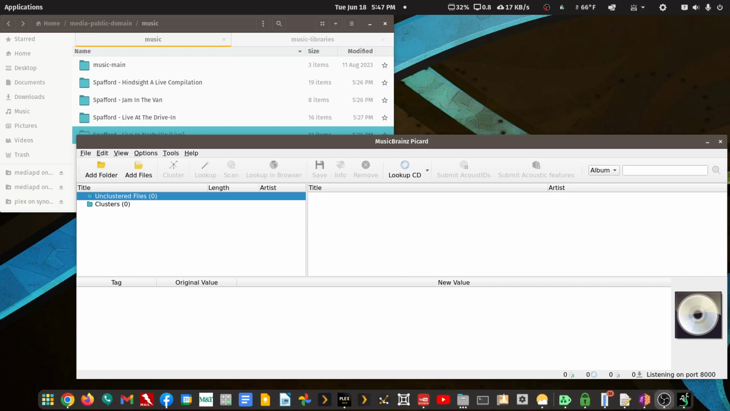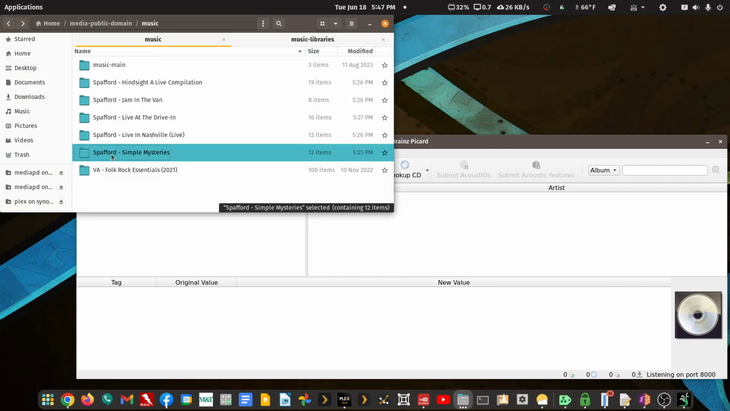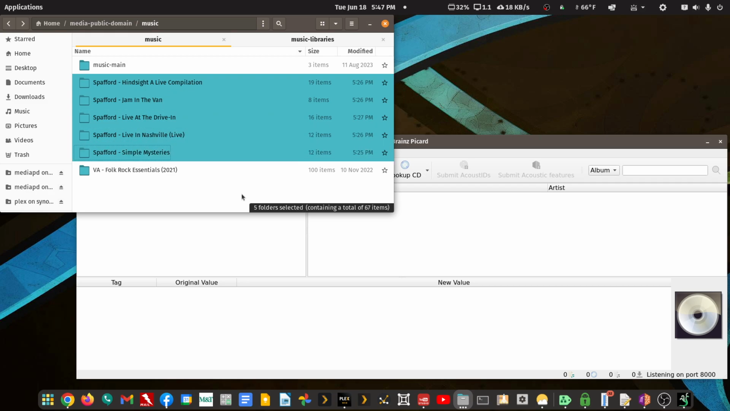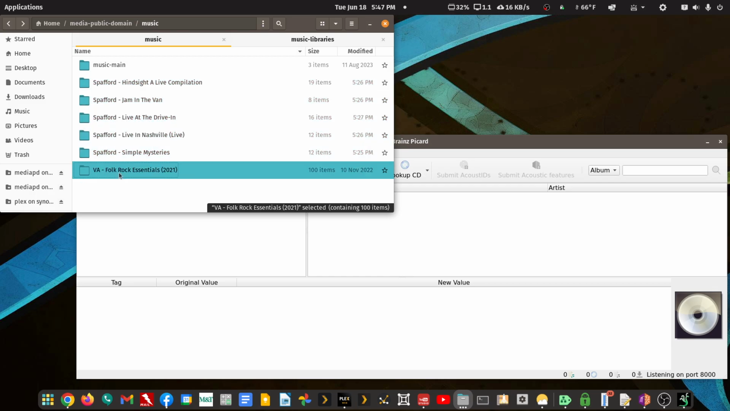I'm not as informed about that same process in a music library, so I thought I'd run a test. He was using a Spafford Live album, which probably has no metadata that exists for it in a database, so to speak. So I have 5 Spafford albums that also don't have metadata in a database. And then I have this one